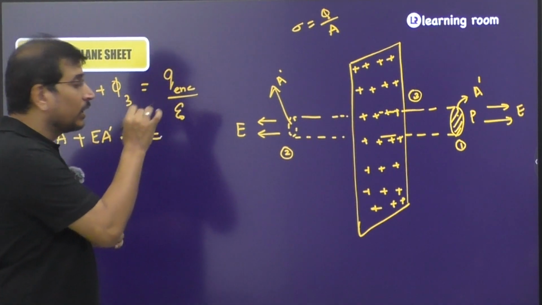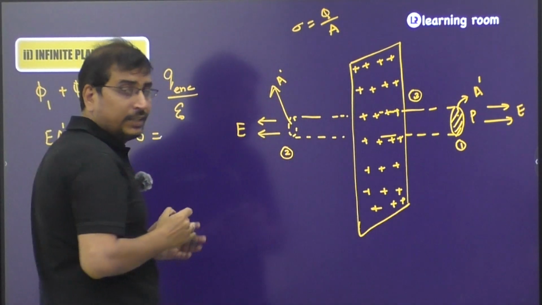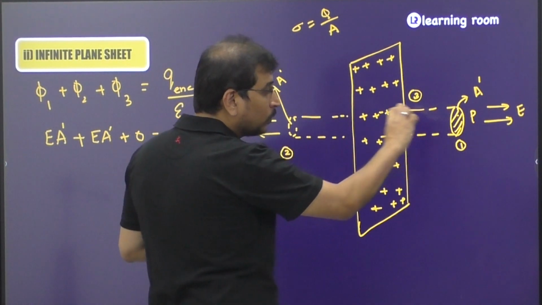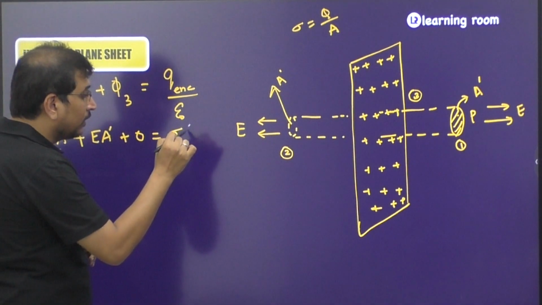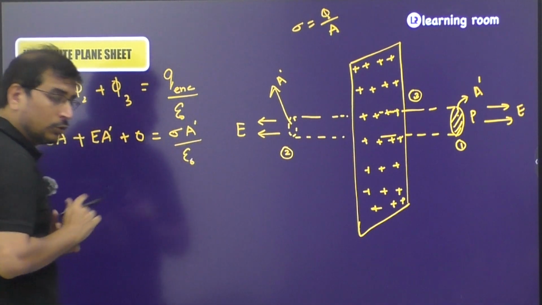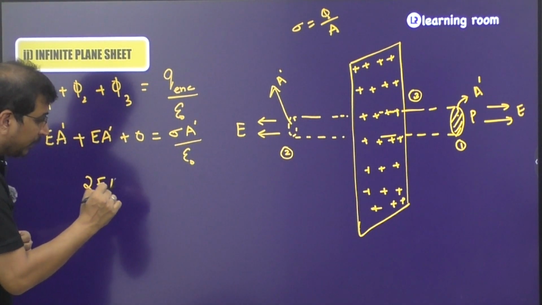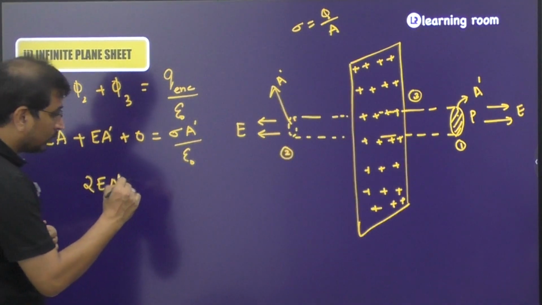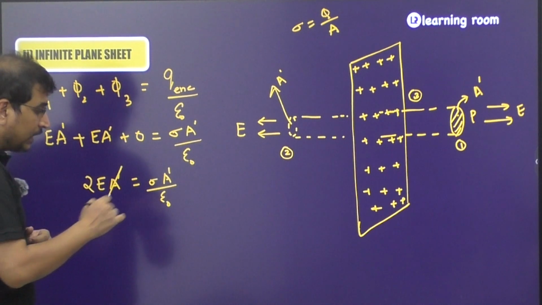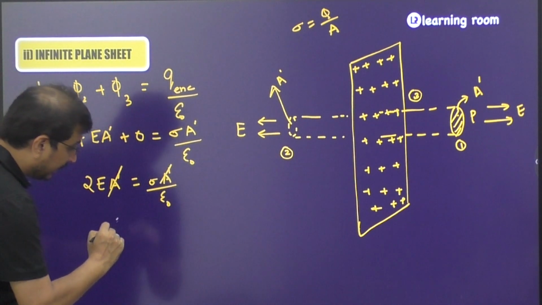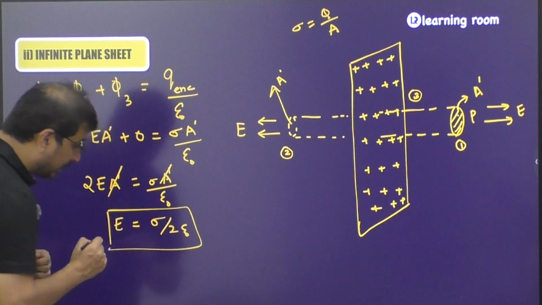Having said this, how much is going to be the value of the charge enclosed? It is going to be sigma into the area. So sigma multiplied with A dash. So it is going to be sigma into A dash divided by epsilon naught. So EA dash plus EA dash put together is 2 times EA dash, equal to sigma into A dash divided by epsilon naught. So A dash and A dash get cancelled. So the electric field is going to be sigma divided by 2 epsilon naught,